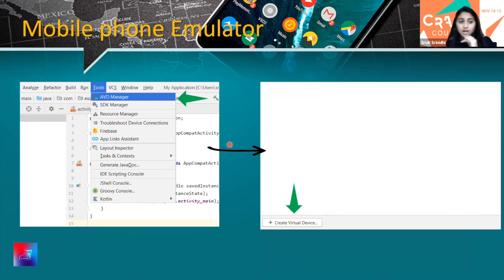So we're gonna set up the virtual emulator, which is what you're gonna need to test this device or to test your entire app. So what you're gonna do is go to Tools all the way at the top, and click on the AVD Manager. Once you click on that, you'll open up to a blank screen pretty much, which has a Create Virtual Device button on the bottom. All right? So far so good. You're gonna click on that,